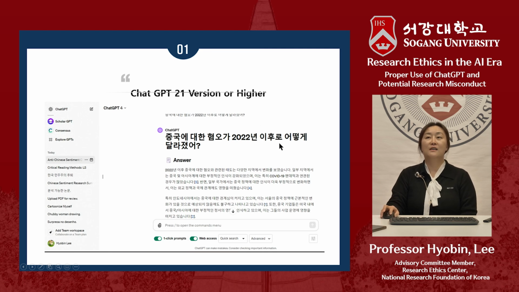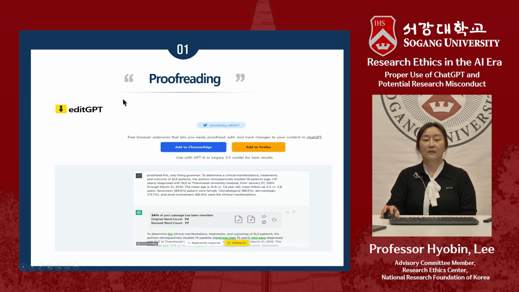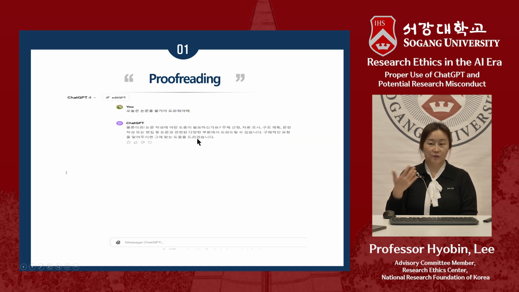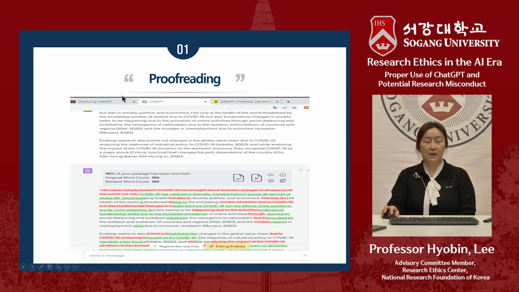see this one, EdiGPT. If it is white, then it's not active. If you push the button, then it will turn yellow like this, and it shows that editing is enabled. So I put my article. This is what I wrote, and then it automatically changes, fixes, corrects it this way. It says 40% of your passage has been rewritten. So EdiGPT actually fixed it into a better form. Original word count 150, revised word count